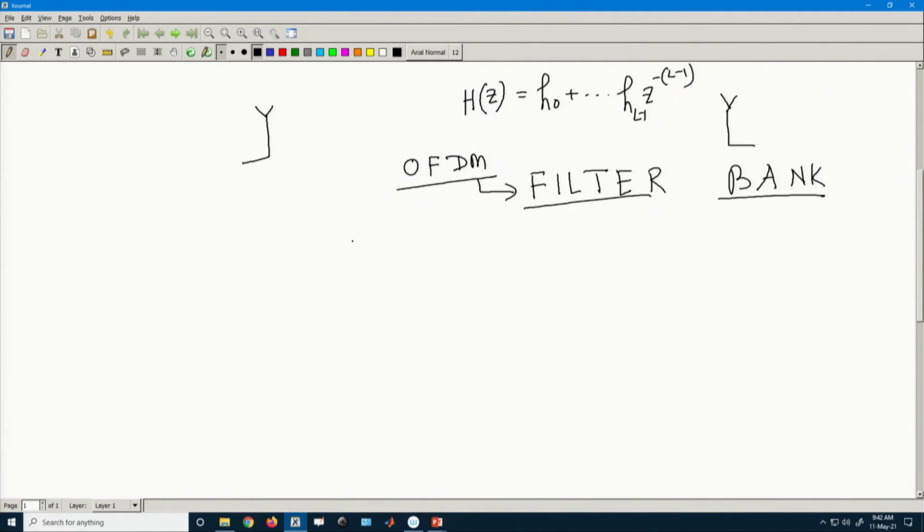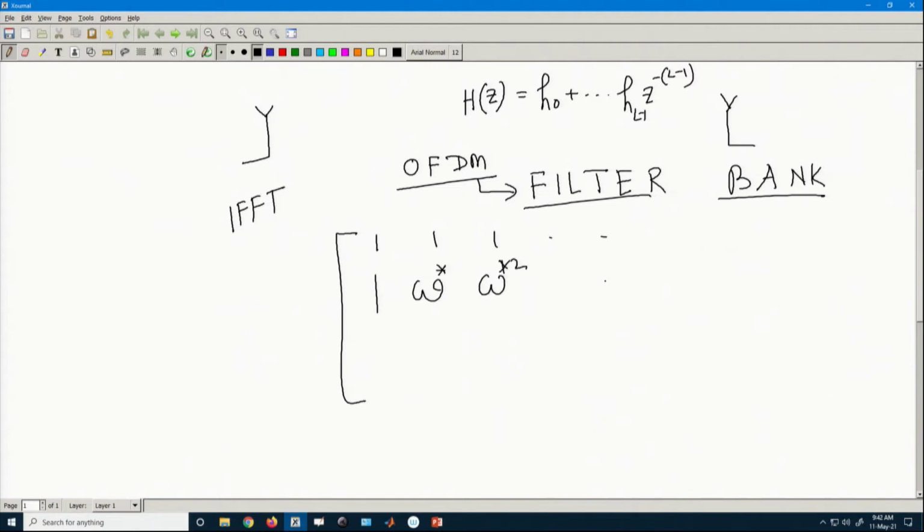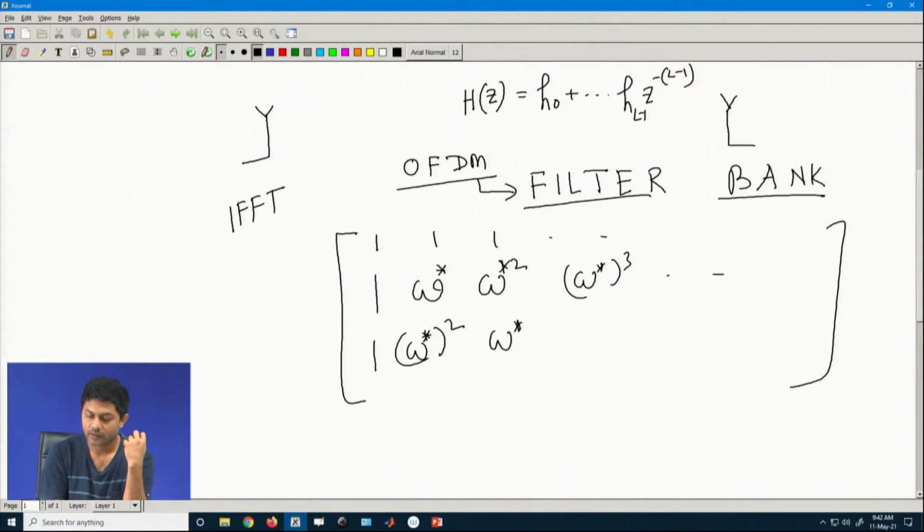So this is your IFFT matrix. It will be 1 1, then 1 omega, omega square, omega cube. This is the IFFT matrix. This will be omega star, omega star square, then omega star 4 and so on and so forth.